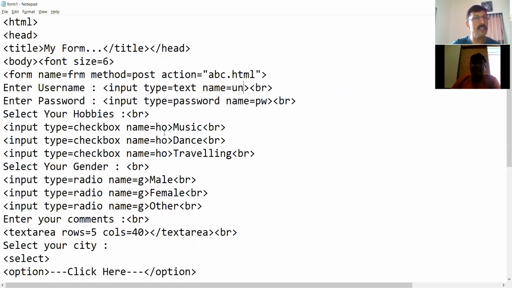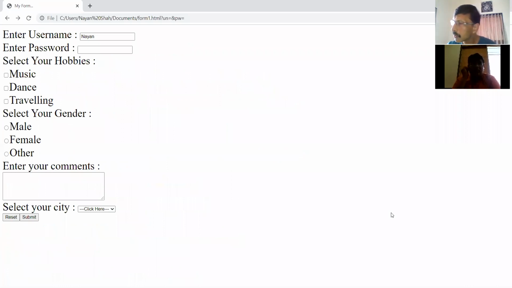Similarly, for checkbox, we have this attribute called checked. There is an attribute called checked. So if I feel that traveling is such a hobby that most of the visitors of my website will have it, I give it pre-checked so that they don't need to go there and check. And only if they don't have that hobby, they remove it.